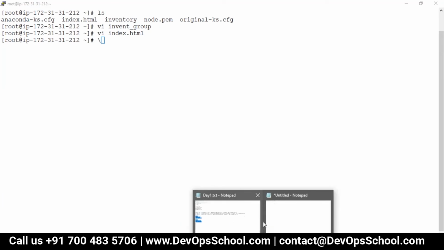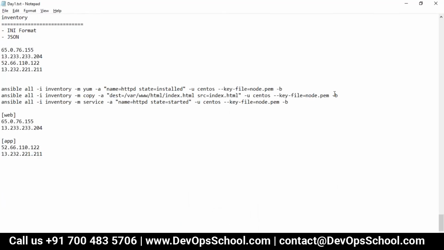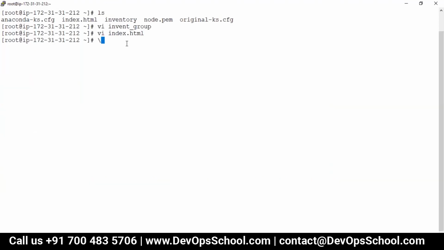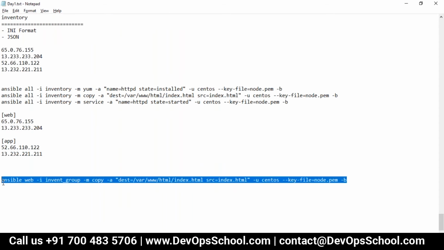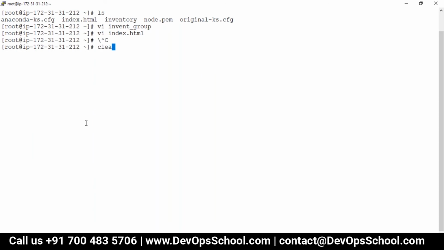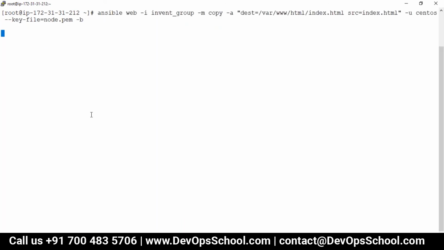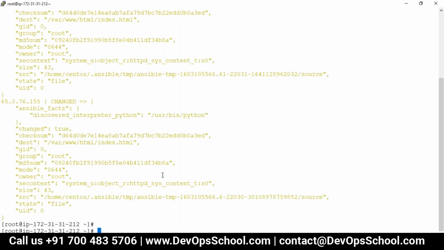We have to deploy. I'm not going to run each and everything, but rather this one. But you know what? I should run. Do I need to change something here? Any idea? Here you want to change the group name only to web, right? You want to change only web, and here the file name inventory group. So here I did inventory group. Guys, I hope you are getting my points here. And I deploy this, the package is done on hundreds of machines with one command. See the power of ad hoc commands.